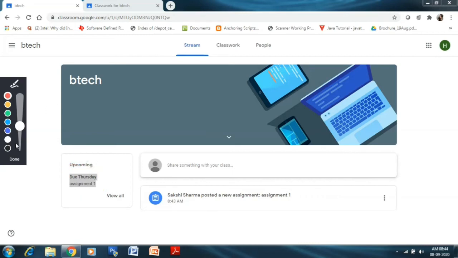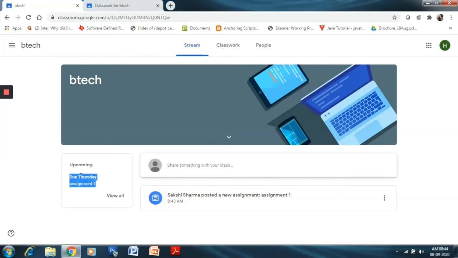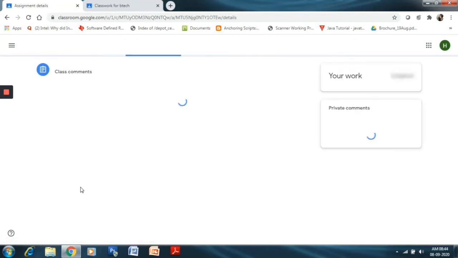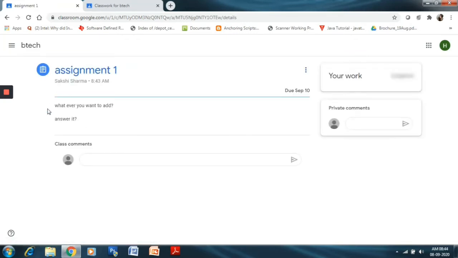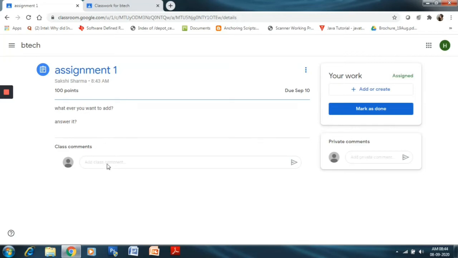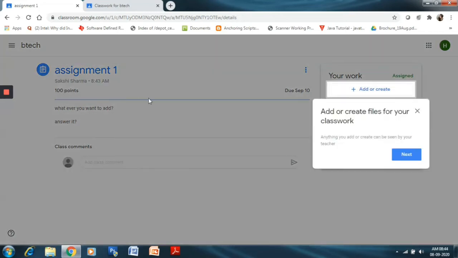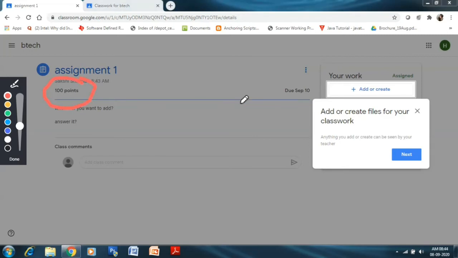They do not have to do anything, just click on this assignment 1, and the assignment will be opened automatically, and they can get your questions, and if you have added any document, they will get it here. They can see that this assignment is for 100 points from here, and also they can see that it has a due date.